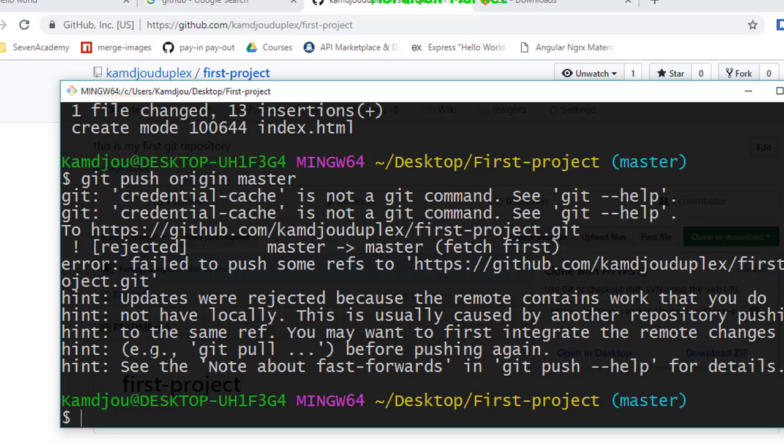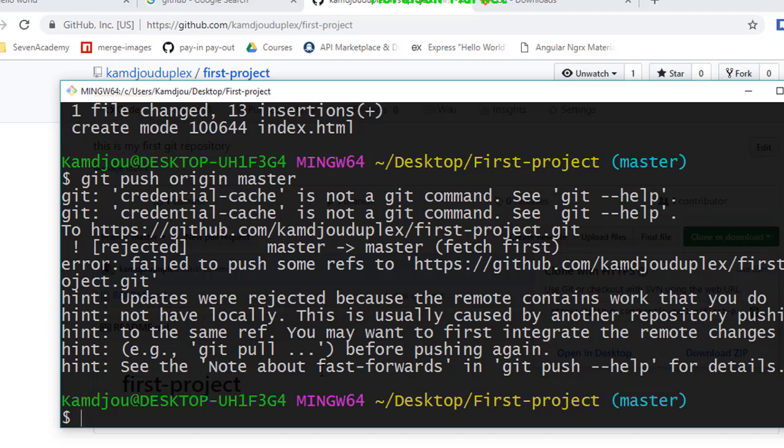Why? Because we must first do so the same ref. You may want to first integrate the remote changes. Because in our remote changes it has what we call readme.md, so most of the time you cannot push directly from your offline to an online repository without being at the same level